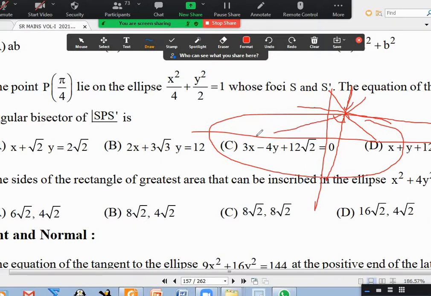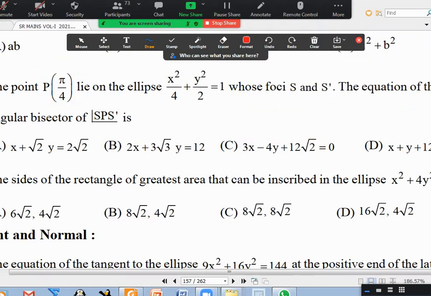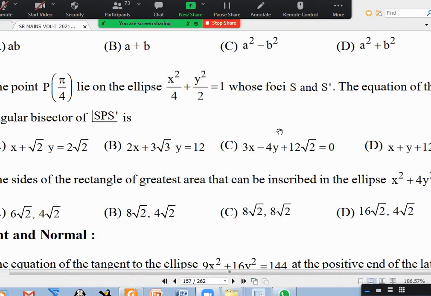Reflection property is that only or not, Nagavani? Yes, sir. So now what is the external bisector of the SP and S dash? Tangent, right? Yes, sir. So they are simply asking tangent here. Use x cos theta by A plus y sin theta by B equal to 1, where theta is pi by 2. Maybe when you tried that question, I did not discuss theory at that time. But yesterday I discussed. Okay? Yes, sir. Understood. Any doubt about 56? Anybody? Yes, sir.